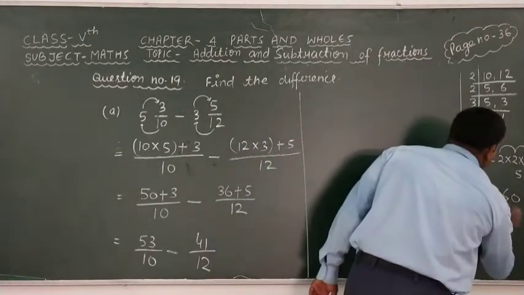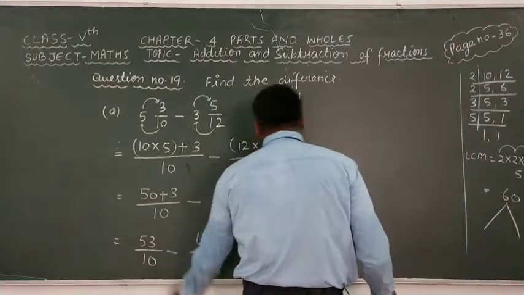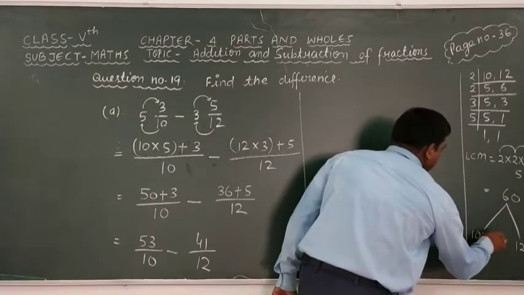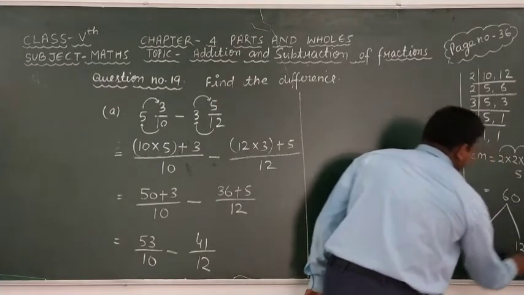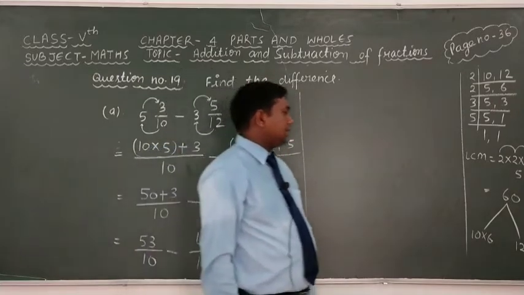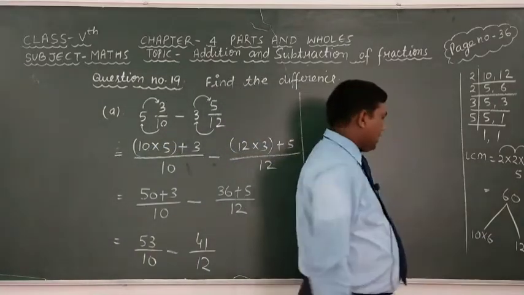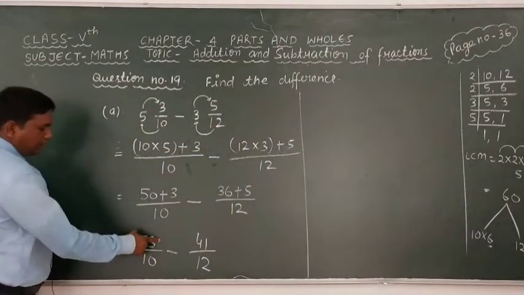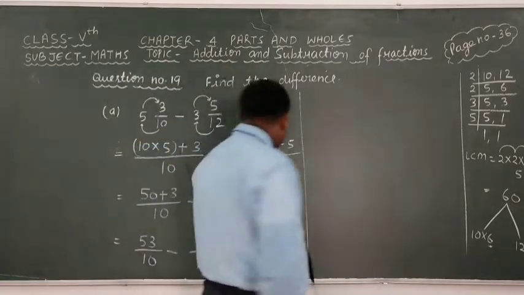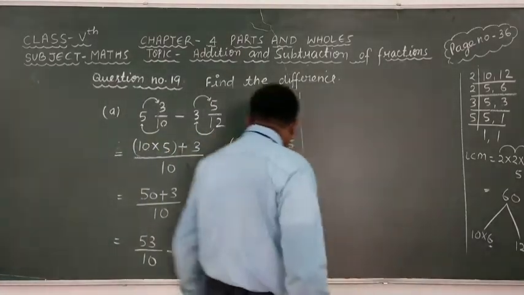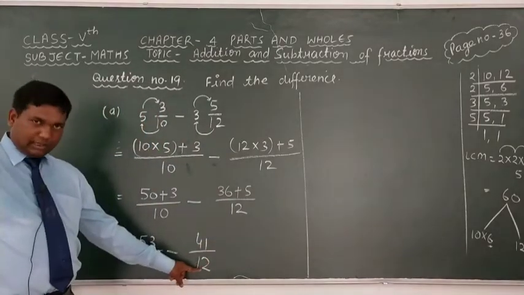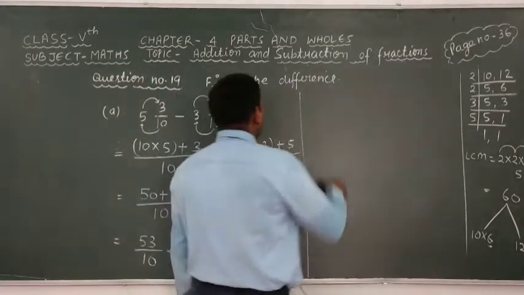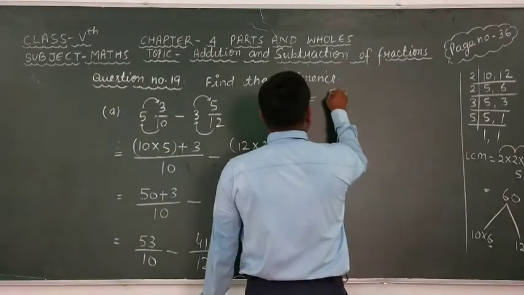Okay, understand? Here given 10 and here 12. We know that 10 times 6 is 60 and 12 times 5 is 60. Therefore we multiply numerator and denominator by 6 in this fraction, and by 5 in the other fraction, to get the same denominators. Okay, look at here carefully. Here given 53 over 10